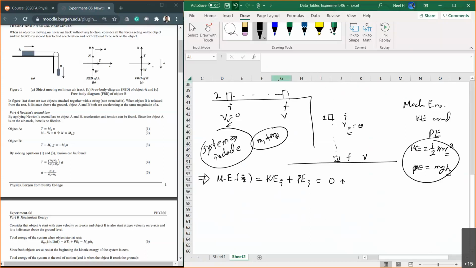Okay, then initially objects are at rest, which means there's no mechanical energy. However, object number 1 is actually moving only horizontally, right? If an object is moving only on a horizontal plane, that object is not changing any potential energy at all. What we're interested in here is not the potential energy at one particular point, but the potential energy change between 2